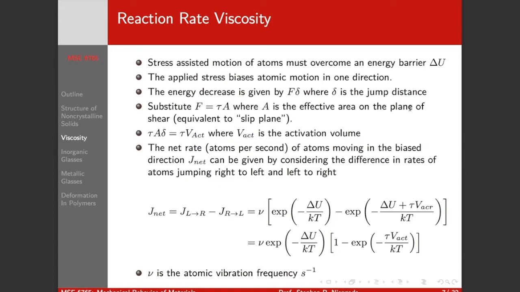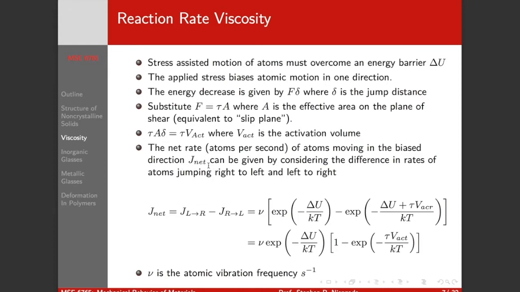A here is the effective area on the plane of shear, right, which is equivalent to a slip plane or a pseudo slip plane in the glass, and we can further make the substitution that area times the jump distance is going to be the activation volume, right? So the net rate, right, the number of atoms per second moving in the